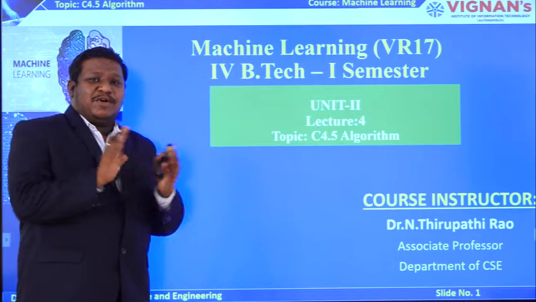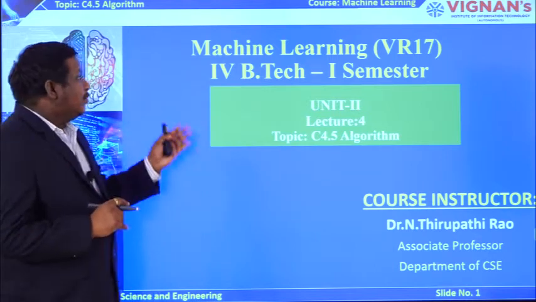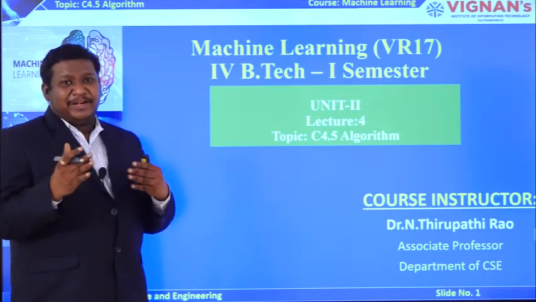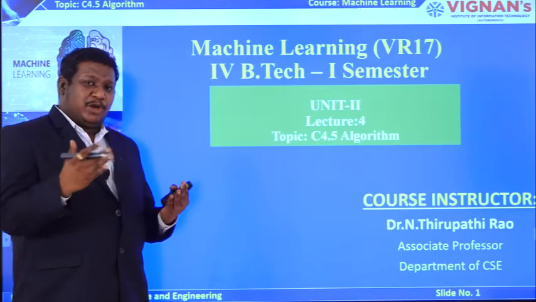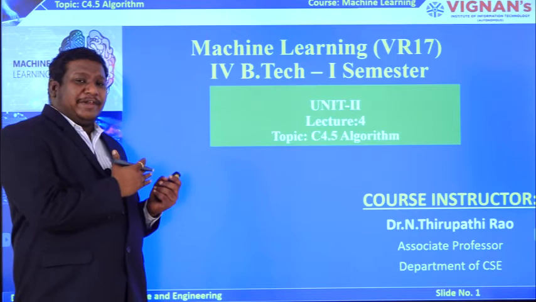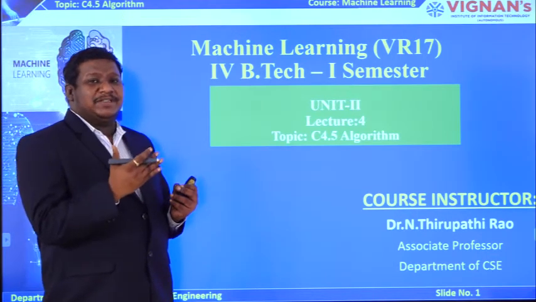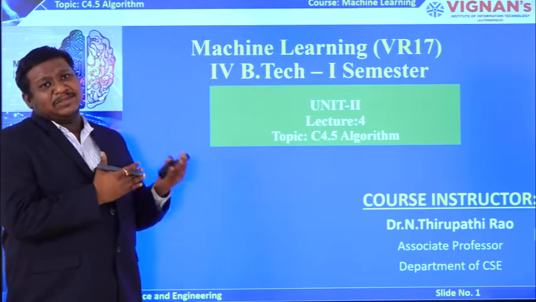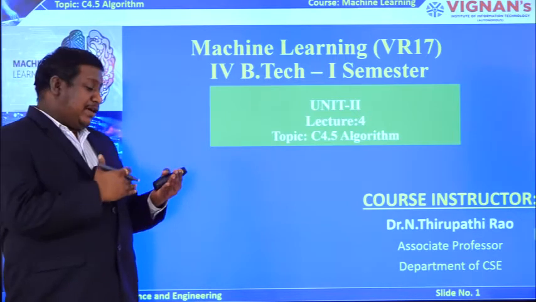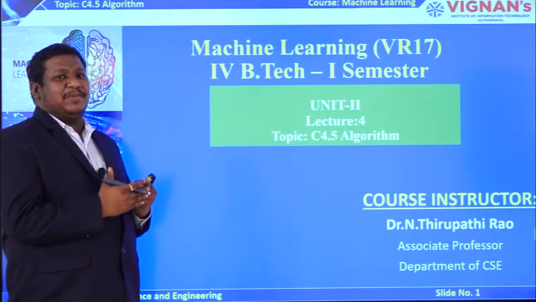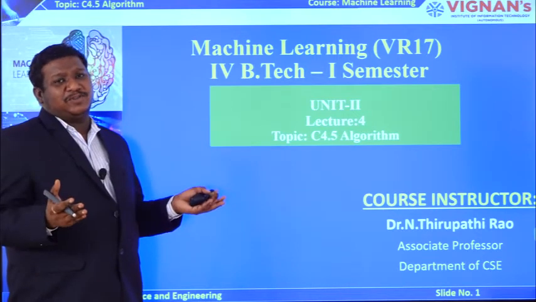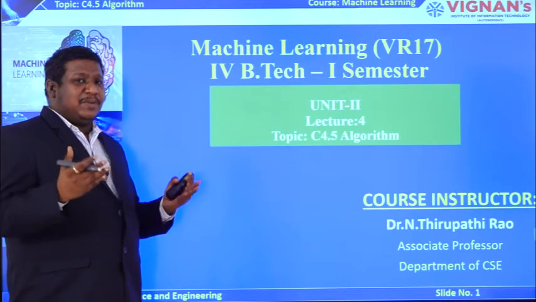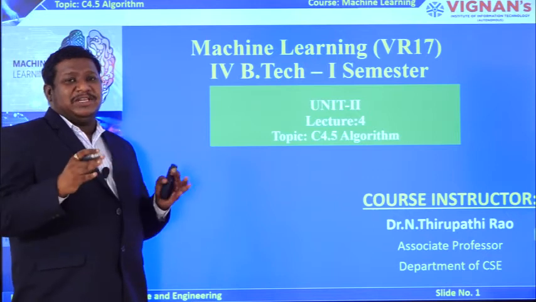As part of our lectures, we are seeing machine learning, and the second unit is basically about classification and regression. We have seen many topics so far in the second unit regarding linear separability, linear discriminants, classification algorithms and regression algorithms, and different types of regression models like linear regression and logistic regression. We have covered all these so far. And now we are discussing the important algorithms in decision trees.